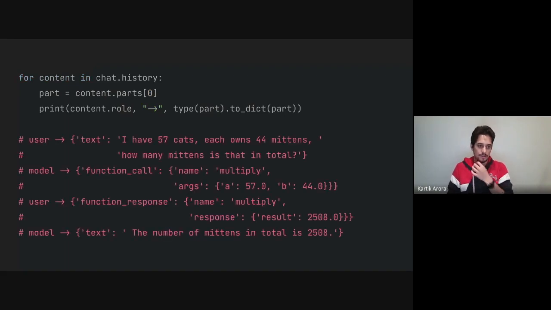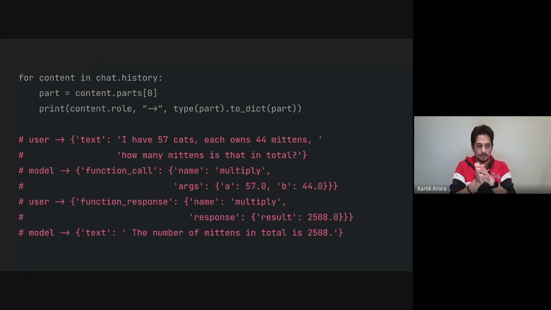Something like this. The user said, I have 57 cats which own 44 mittens each. That was the prompt. The model then responds with a function call, which is the type of that particular response. It's not an output in itself, or at least not a visible output for the end user. It's a function call output, which basically tells our code, my Python code in this case, that I am requesting you to call the multiply function with arguments 57.0 and 44.0.